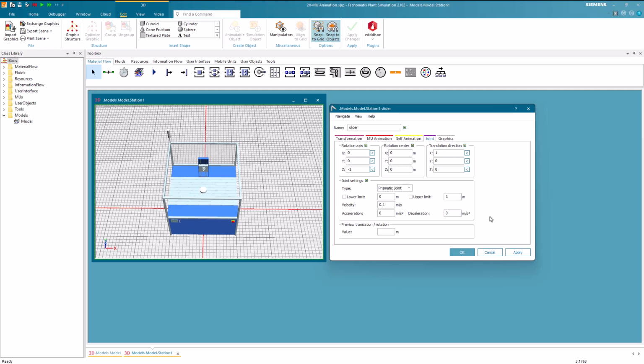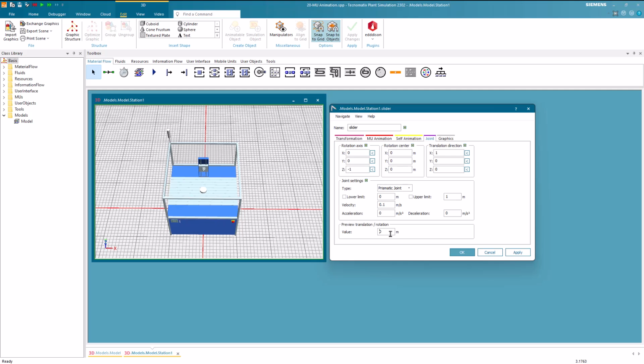In the bottom, we can see that there is a preview translation box. In the value field, we could now move the mouse wheel to get a preview. As we can observe, the slider is currently moving in the X direction.